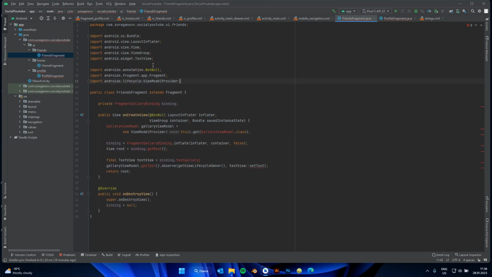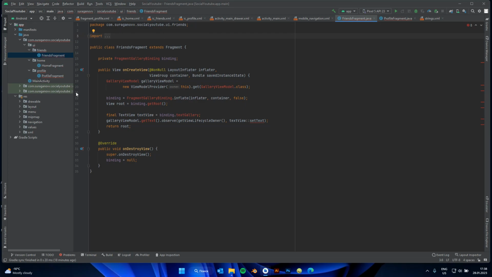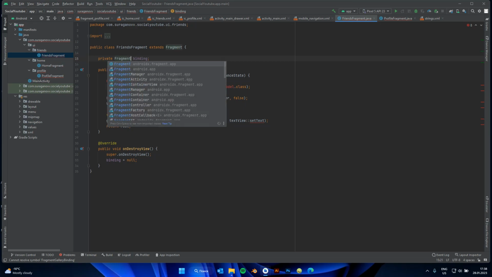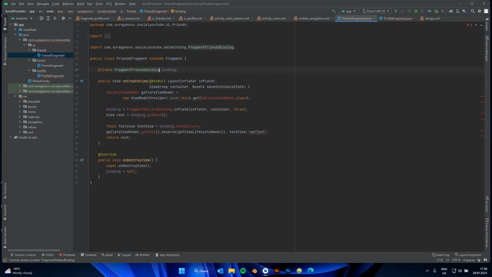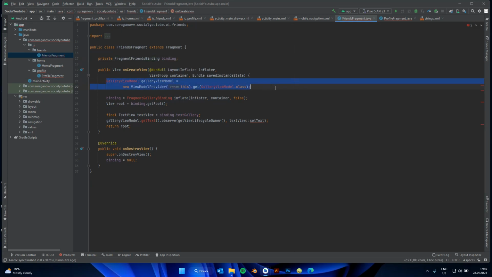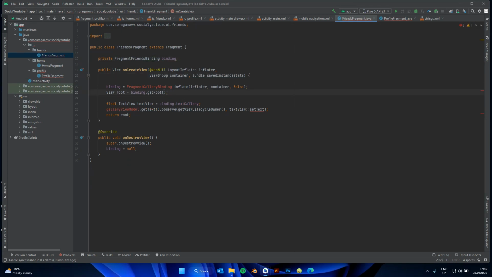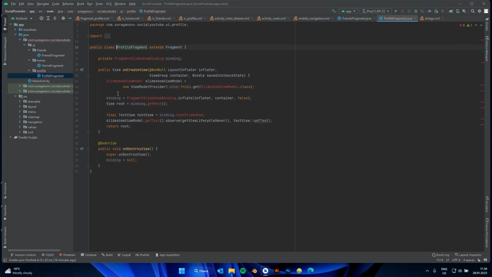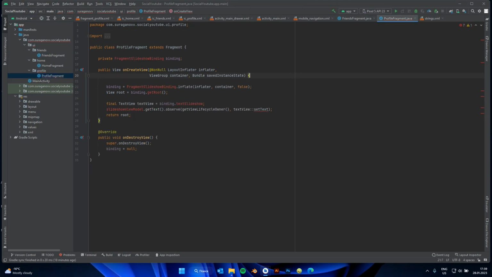The import is basically some additional things that you use in the class, inside the class. So let me say that this is fragment friends binding. And I'm going to remove all the references for the view model. Here we have it also. Same goes for profile fragments, the view model references, and